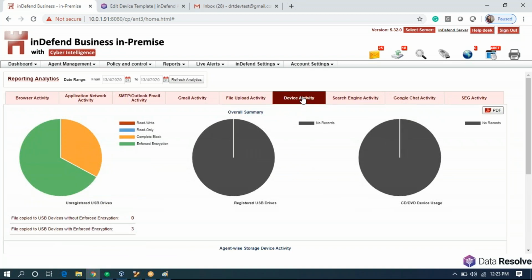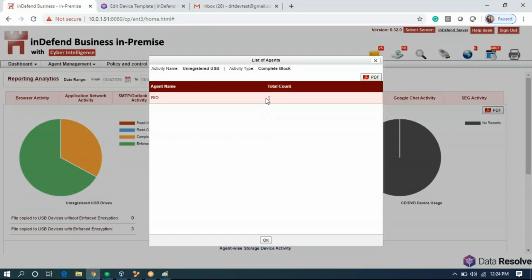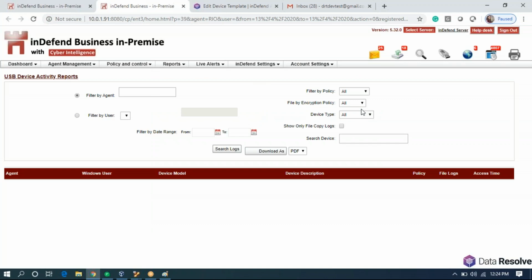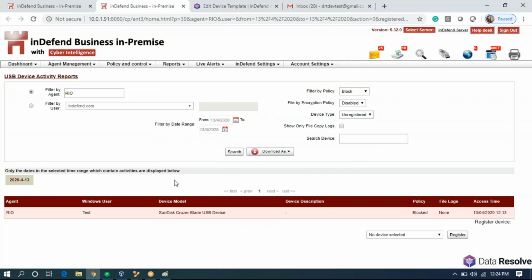Under file, as you can see, device activities, you can see that 3 files were transferred using enforced encryption, and 1 complete block attempt was made because initially we plugged in the USB as complete block. So this was a blocked USB attempt, as you can see. You can check for all.